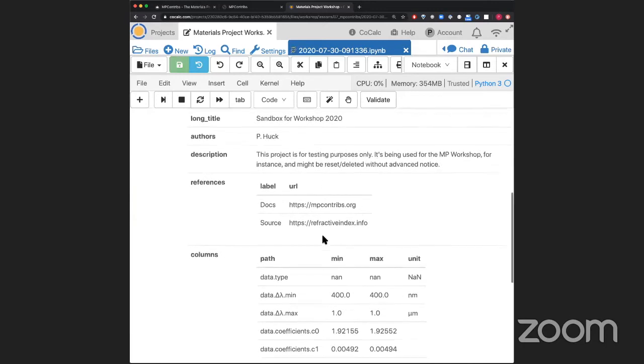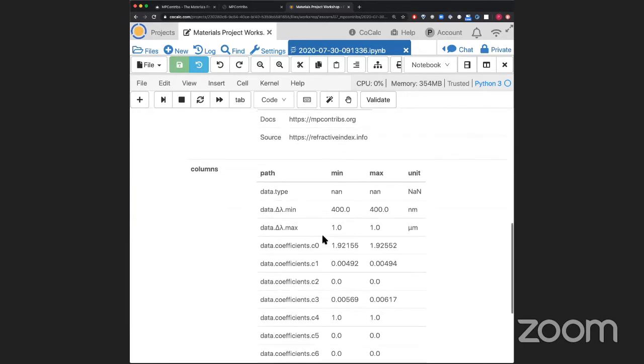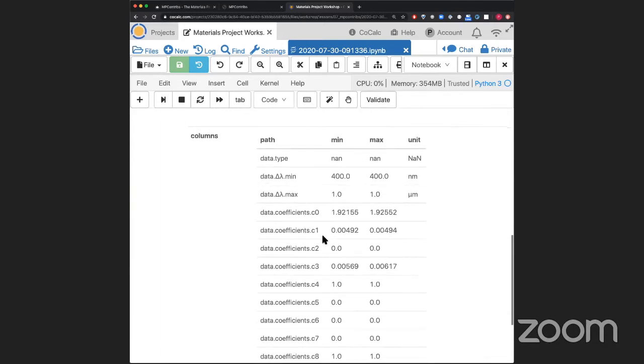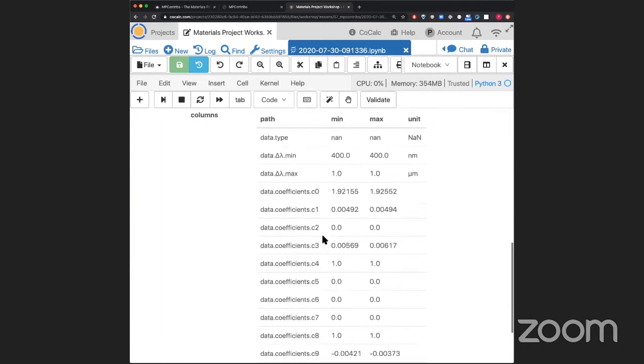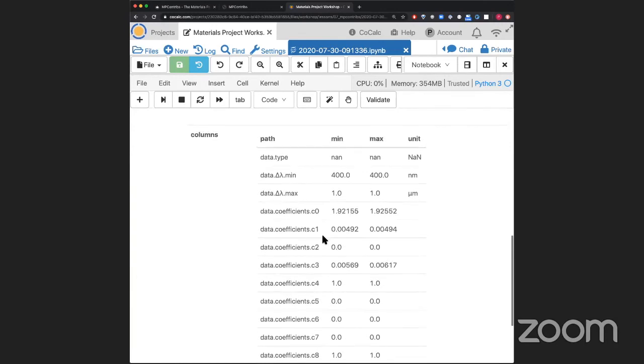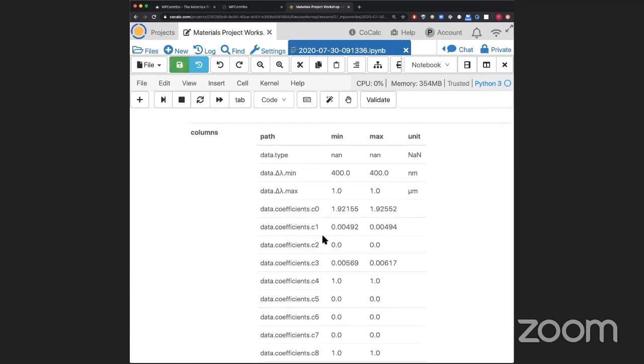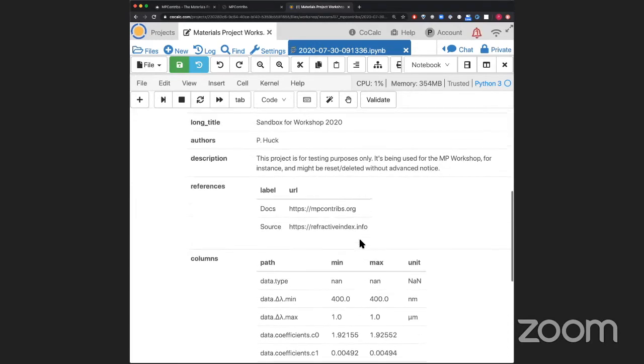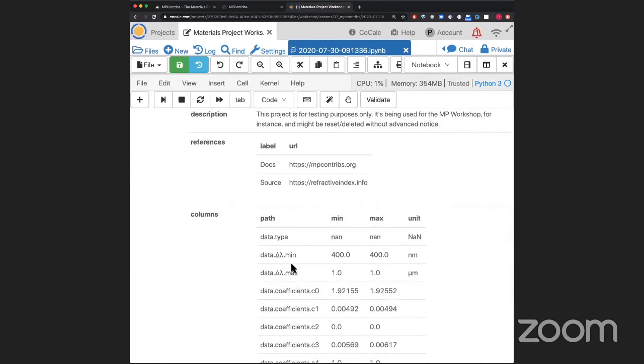The references will be there as labels in the URLs, and you also notice a columns entry here that is basically a list of columns in your simple data that will later be used on the portal to define ranges. It's something that MPContribs automatically sets and keeps track of when you submit data. As there is already a little data in the sandbox, these column values are already